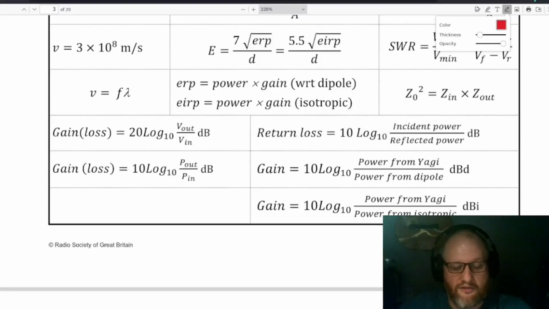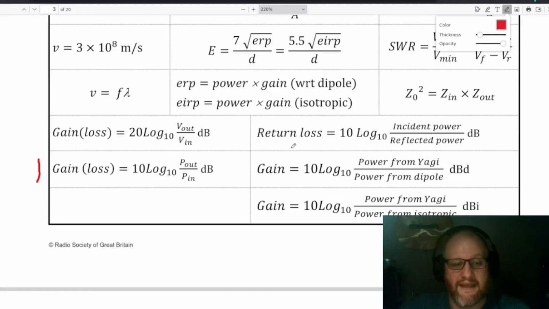So a slightly longer way of working this one out is to use the formula, although for this particular question we're not given the exact formula that we need in the EX309, but we can work our way back to it from this one, which is gain or loss is equal to 10 log to the base 10 times a ratio, and that gives us a value in decibels, and the ratio here is P out divided by P in. That will give us decibels gain of an amplifier, or decibels loss of a bit of coax or an attenuator or something. And the ratio here is relative to P in, so if P out might be 200